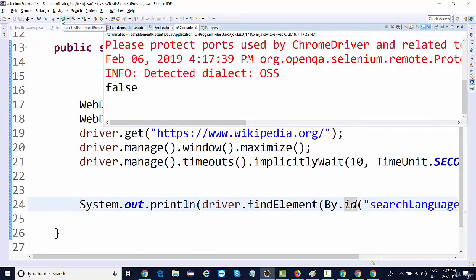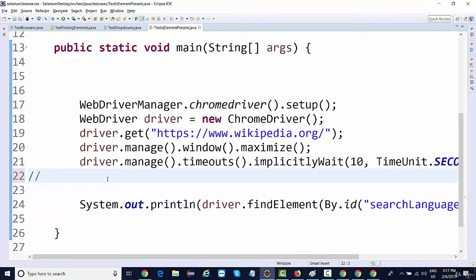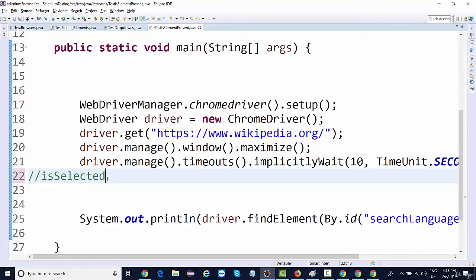And if you see over here, it returns false. So this is what is displayed is actually doing: checking the visibility of an element. It is not checking the presence of an element. It is just checking the visibility. Is selected checks whether the checkbox is selected or not, or an option in a radio button is selected or not.